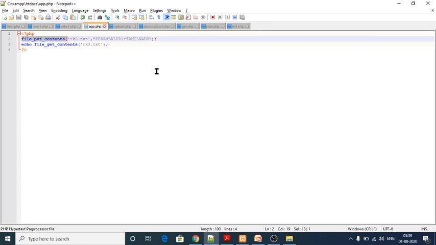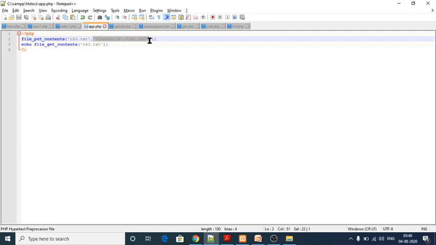So next one is data. What data you are going to write into the file? Here rk3.txt is the file, and Perambalur, Tamil Nadu is the data. These two things are mandatory. So next one is mode. Mode is nothing but write mode or read mode, open mode, whatever it is.